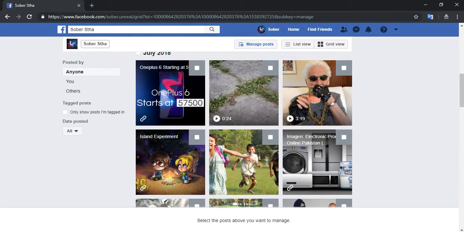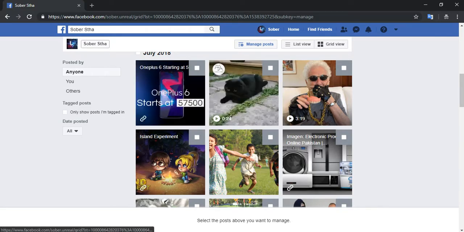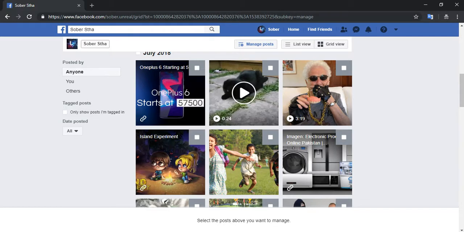So with posts that you're tagged in, just by clicking on this over here, and then managing, click on manage post, and then you can go ahead and hide or delete it. So this is how you hide or delete embarrassing posts on your Facebook